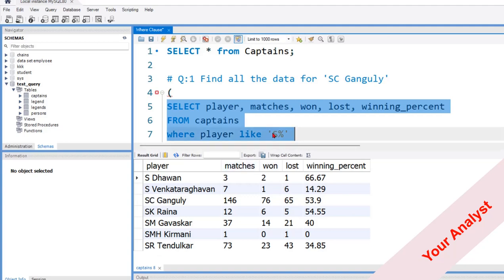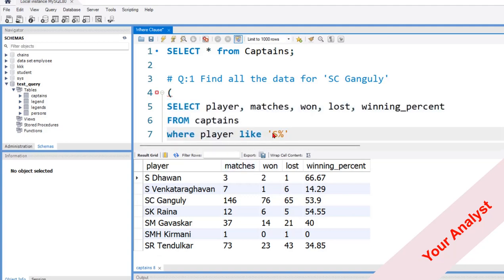Again, if you want to check a condition where there could be any number of characters before S and any number of characters after S, then what query can you use? It will be quite simple. You can just enter percent before S and you can find the result. When we run this query,